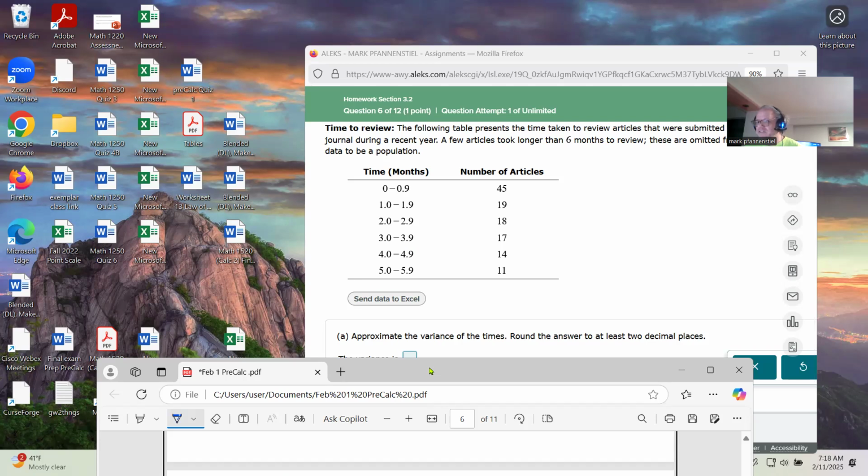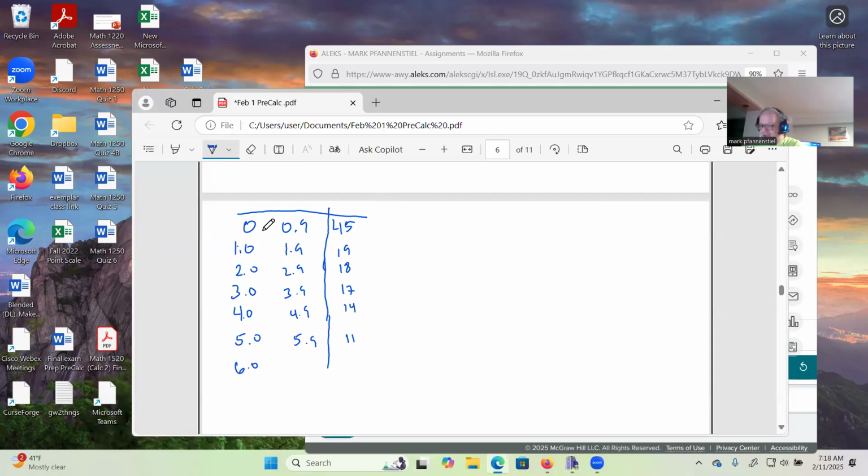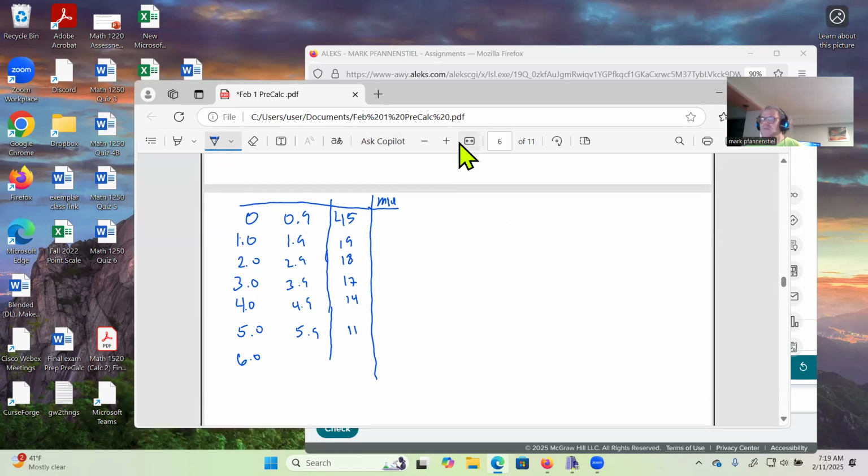So what we're going to do is I just wrote down the data over here again for the sake of having something I could work on. We're going to approximate all of this data as pretty much the midpoint of each of these pieces. So what we're saying is, yes, I know there are 45 articles that happen between 0 and 0.9 months,